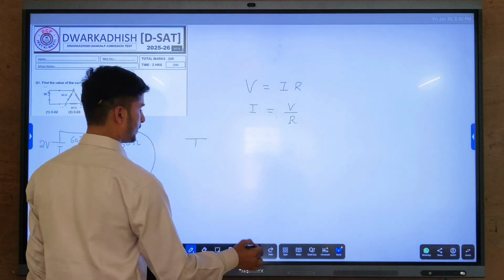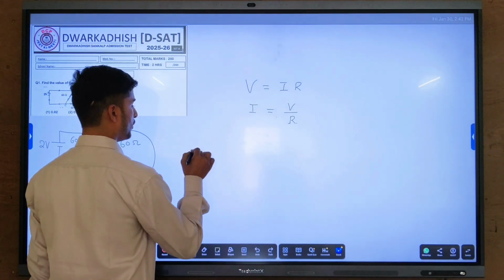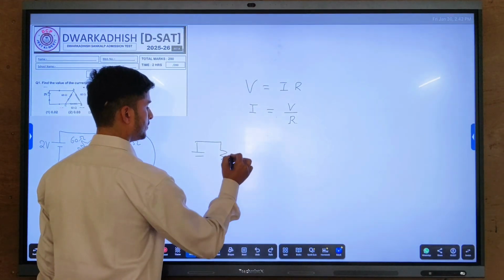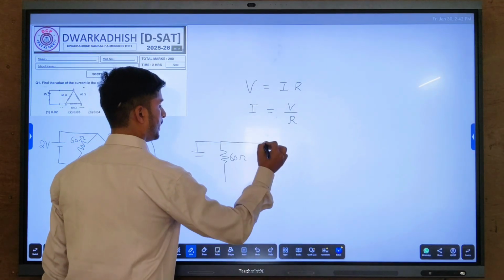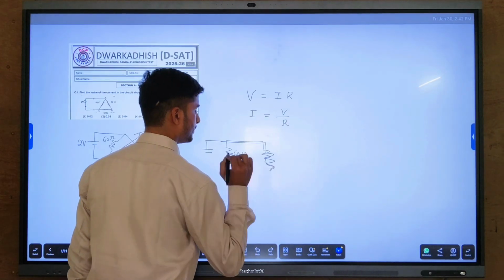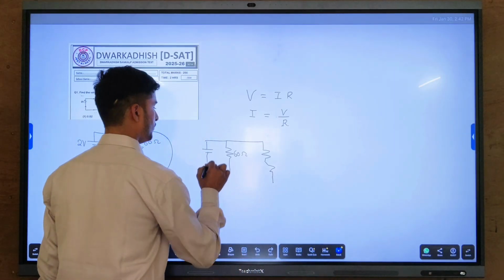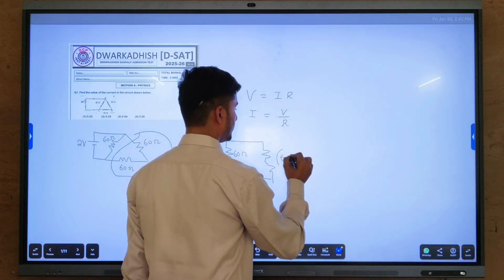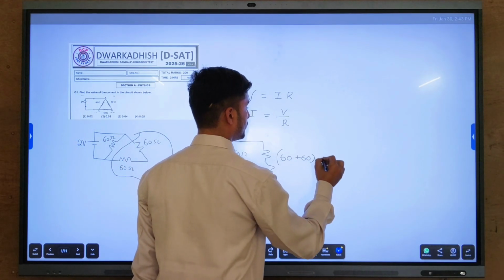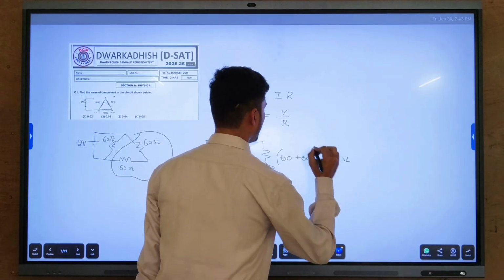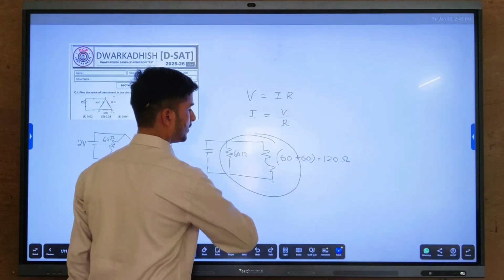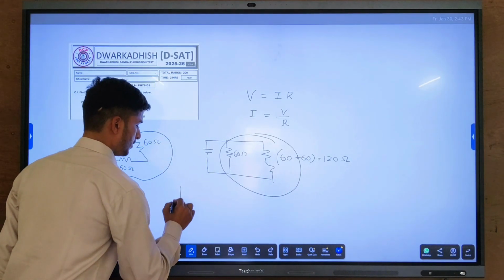Here we are having the 2 volt battery and this 60 ohm, and the resultant resistance will be equals to 60 plus 60, that will be equals to 120 ohms. Now these two resistance will be in parallel. So